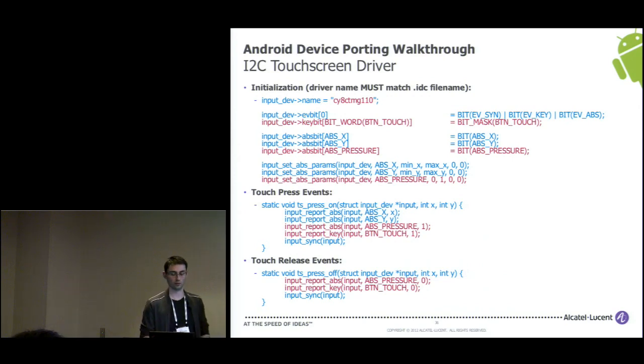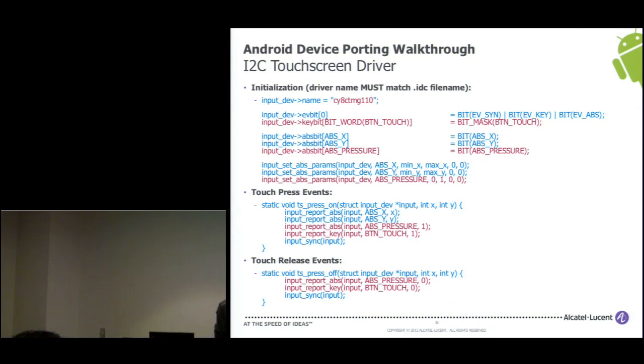And when you go directly within the touchscreen drivers, so this is still in the kernel, but not in the board configuration, really the touchscreen drivers, I've put in red the things that are now mandatory in ICS that were not mandatory in Gingerbread. So this is really important. Again, the driver name. This driver name has to be the exact same name that the IDC file has to be named on. Otherwise, this is the only way for the input reader to actually match the driver and the IDC file.